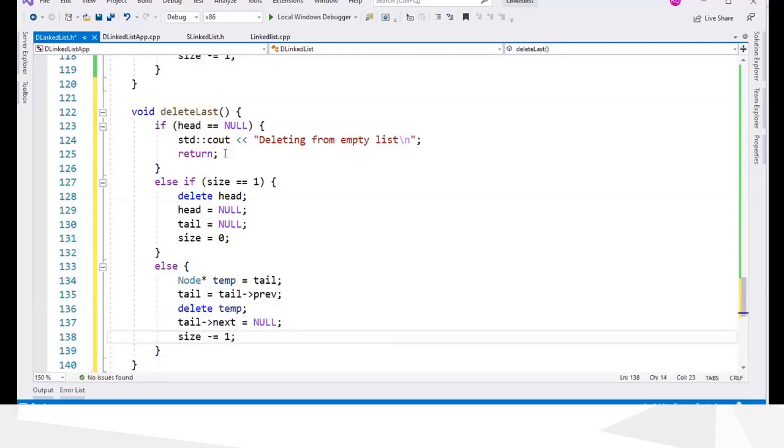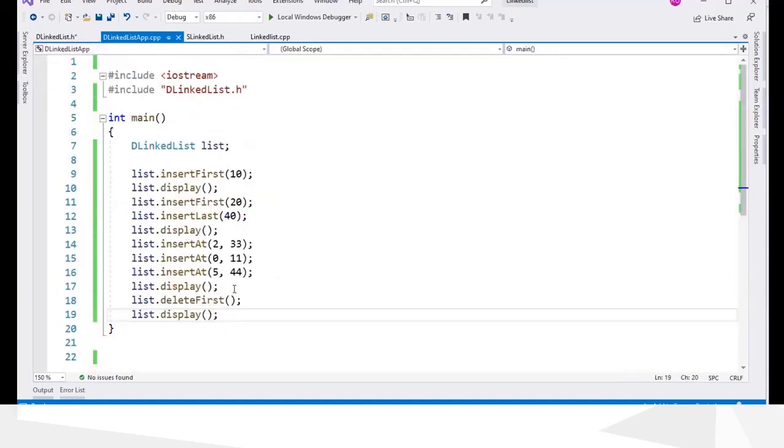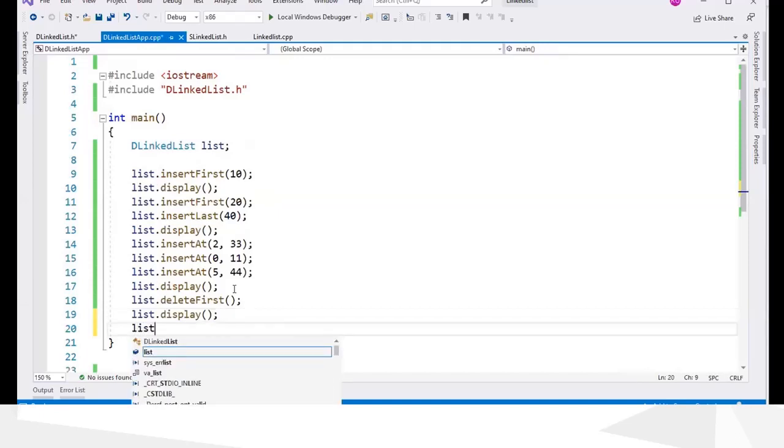Deleting the last node. So we first check the list is empty, and then we check this one having one node, because you can see we are changing both head and tail pointer here, but here we are changing only tail pointer. So there are three cases to be precise. Okay, so now we will delete the last node and see.